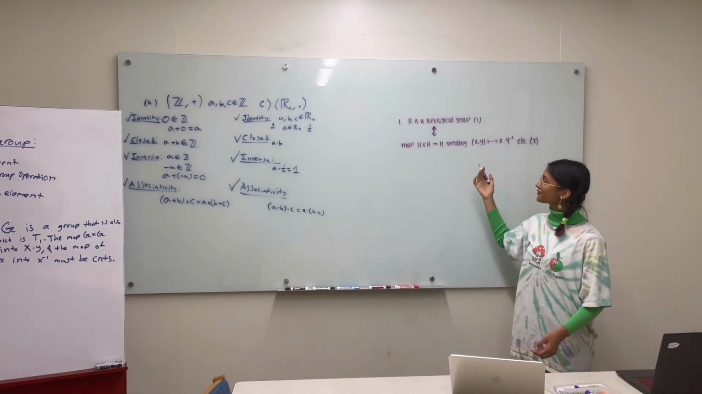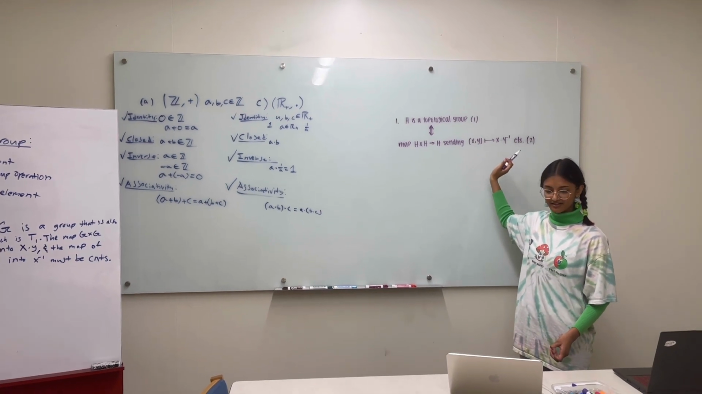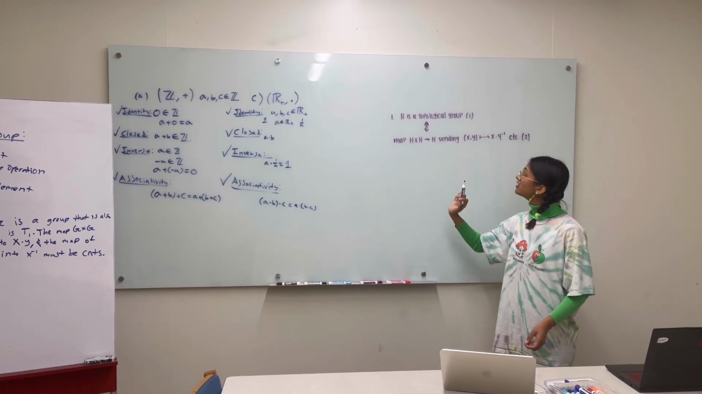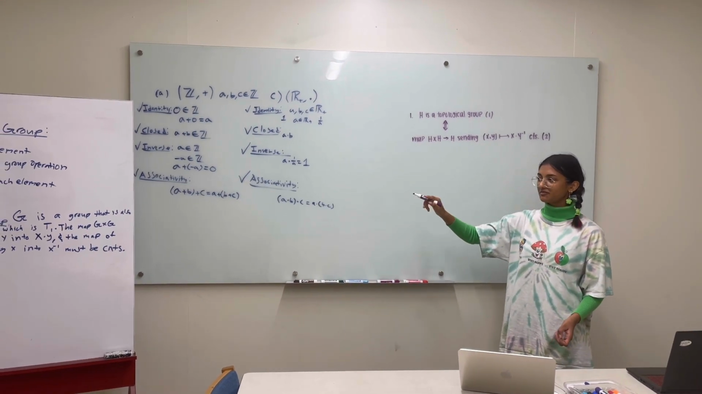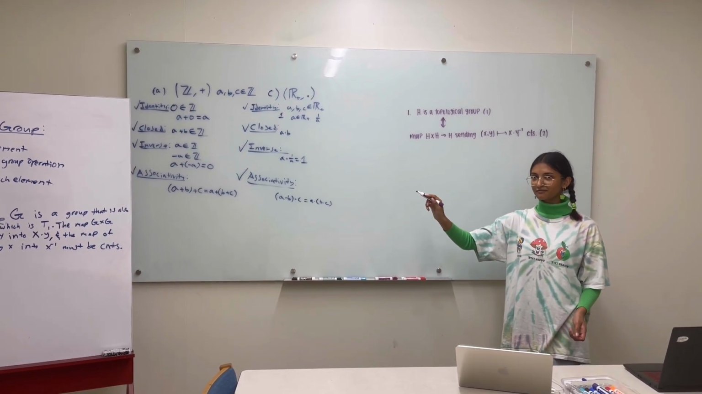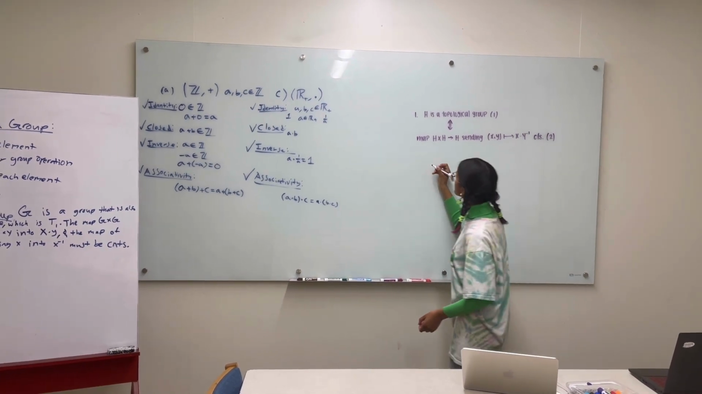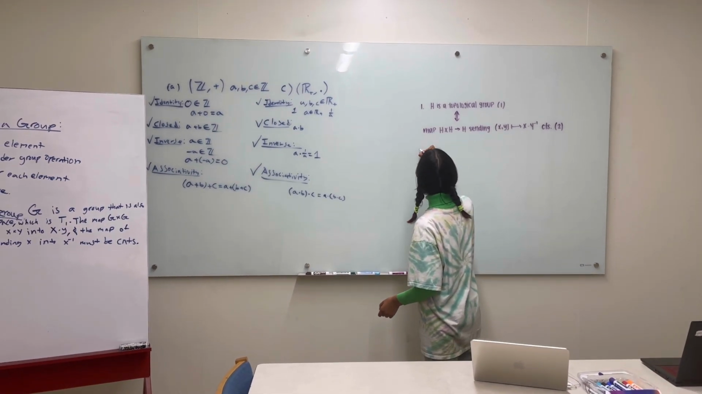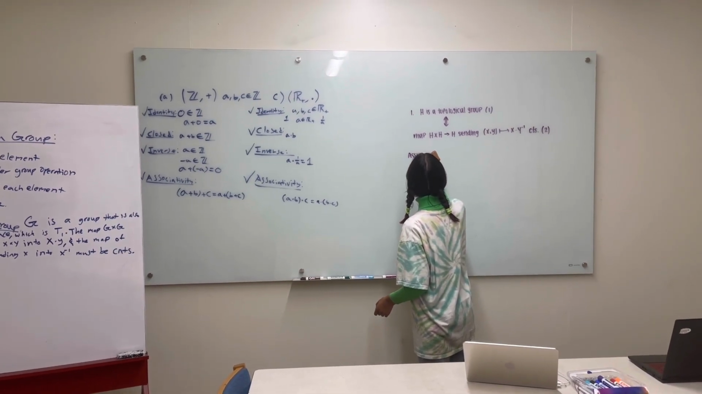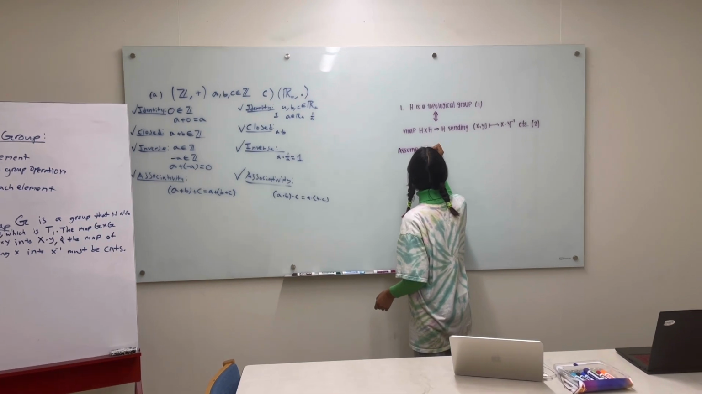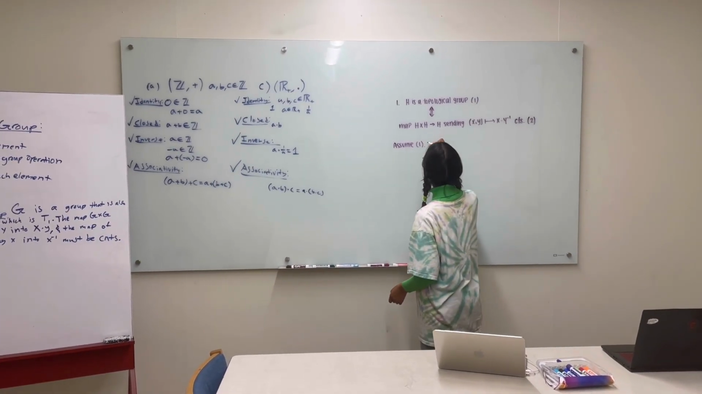So this is what we're trying to show. We're going to show first if 1, then 2, and then if 2, then 1. And we're going to be using the definition of a topological group given before. So we start by assuming 1, and that tells us that